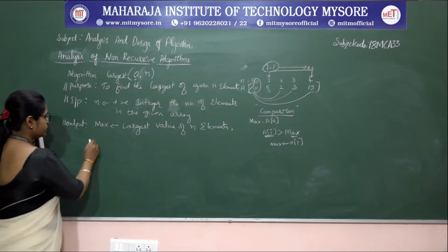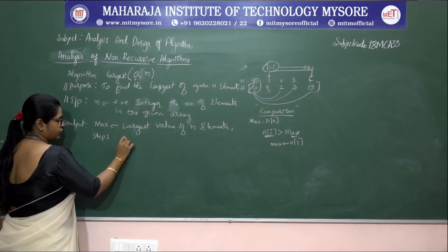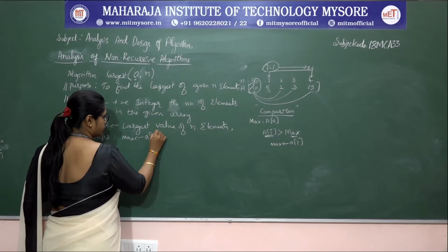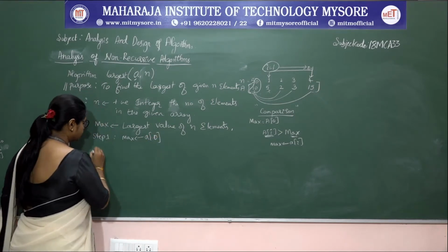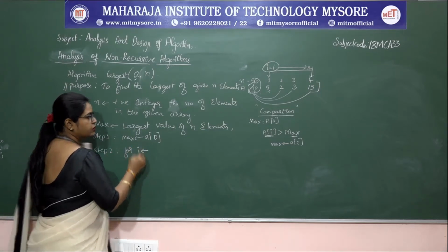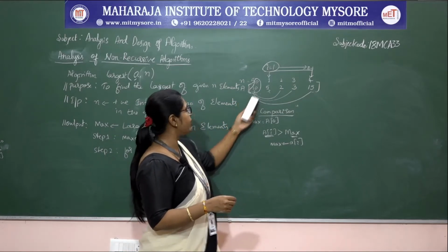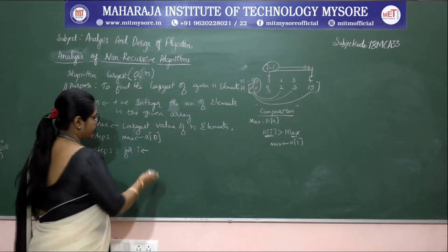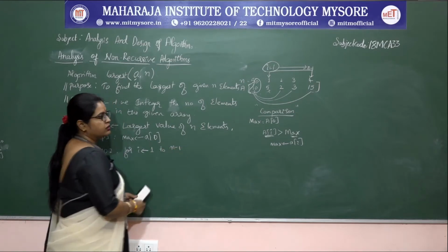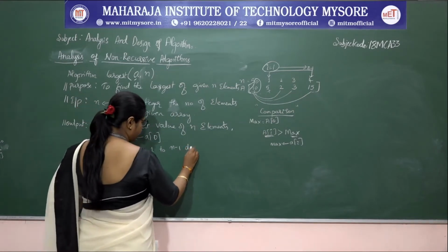Okay. So step 1 is what? We are initializing the values, that is, your max is initialized to A of 0, right. So step 2, for I, it starts with what? I should start with 1, not from 0. Why? Because the 0th position value is already initialized to max, that is why. So I starts with 1 to n minus 1, since this array ends at the n minus 1 position.